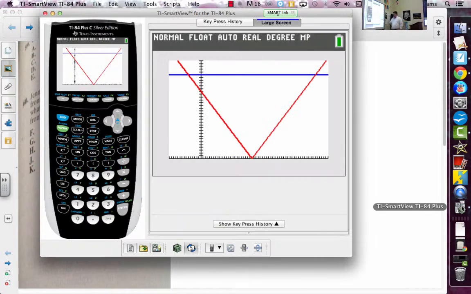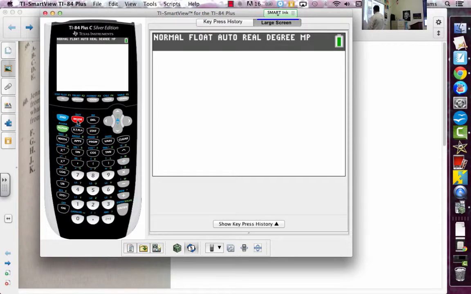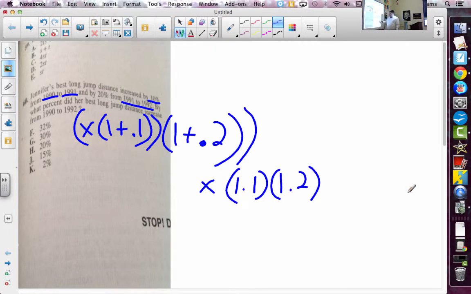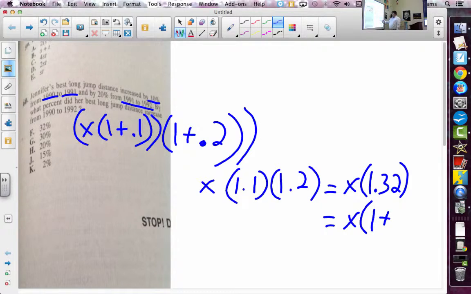And so if I take my calculator and I say 1.1 times 1.2, I get 1.32. So what we end up with really is x times 1.32, right? Another way to think of that is x times 1 plus